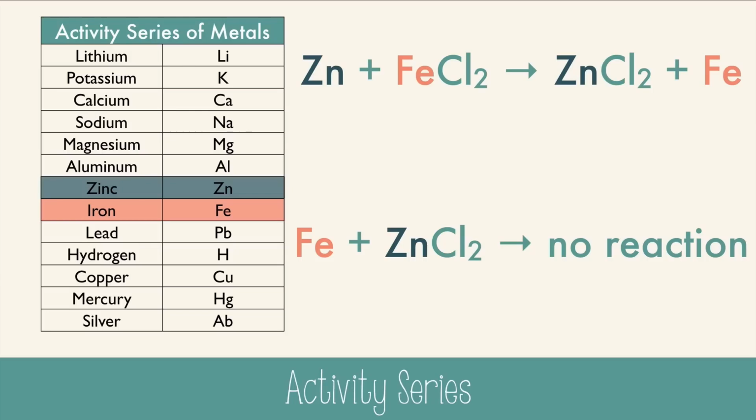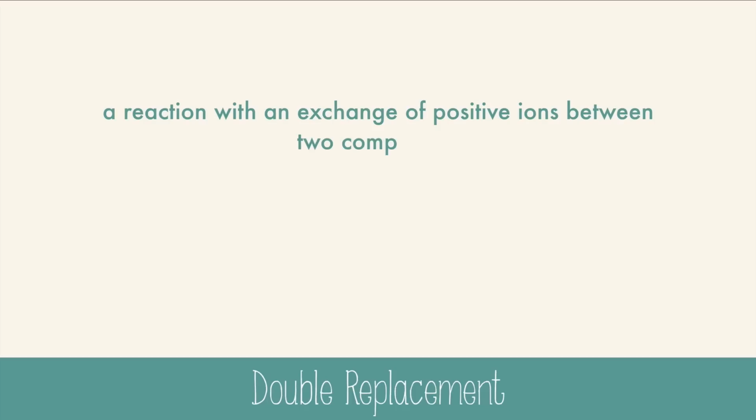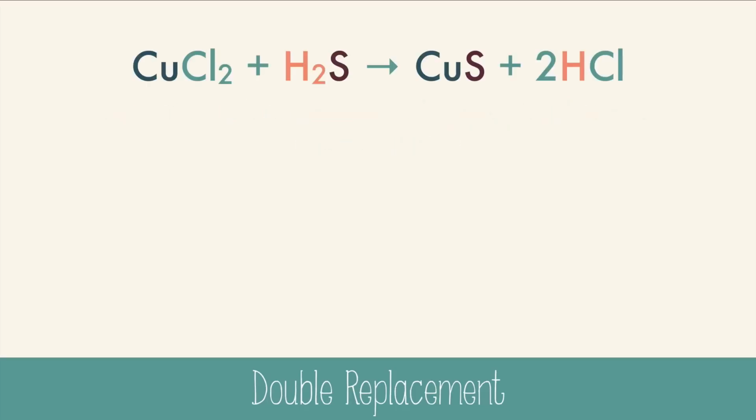Now let's look at the next type of reaction. Double replacement. This reaction is similar to single replacement, except we're starting with two compounds. The reaction has an exchange of positive ions between two compounds. In this example, copper(II) chloride and hydrosulfuric acid will swap their positive ions to make copper sulfide and hydrochloric